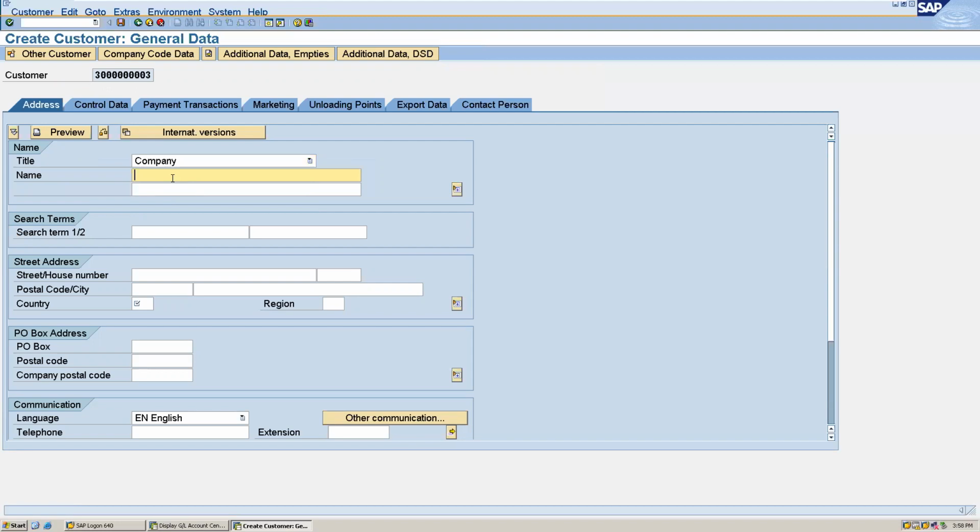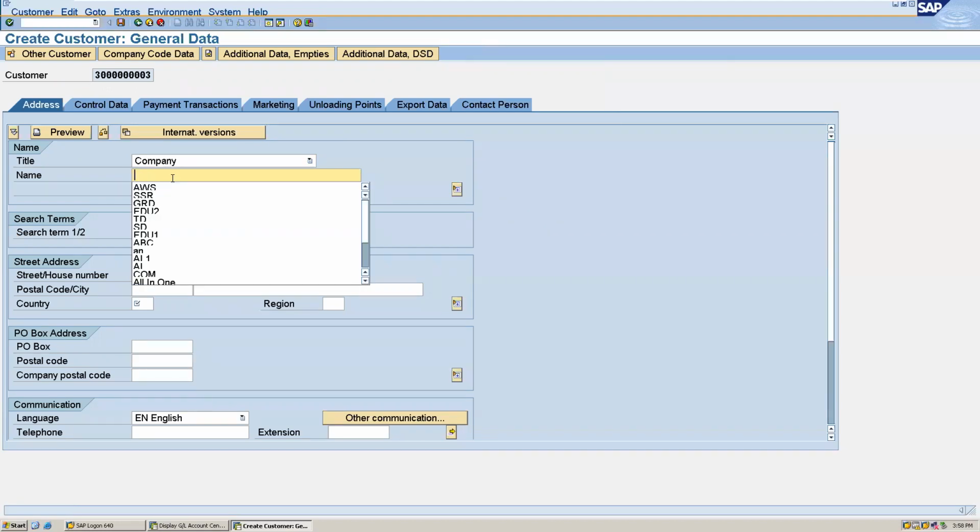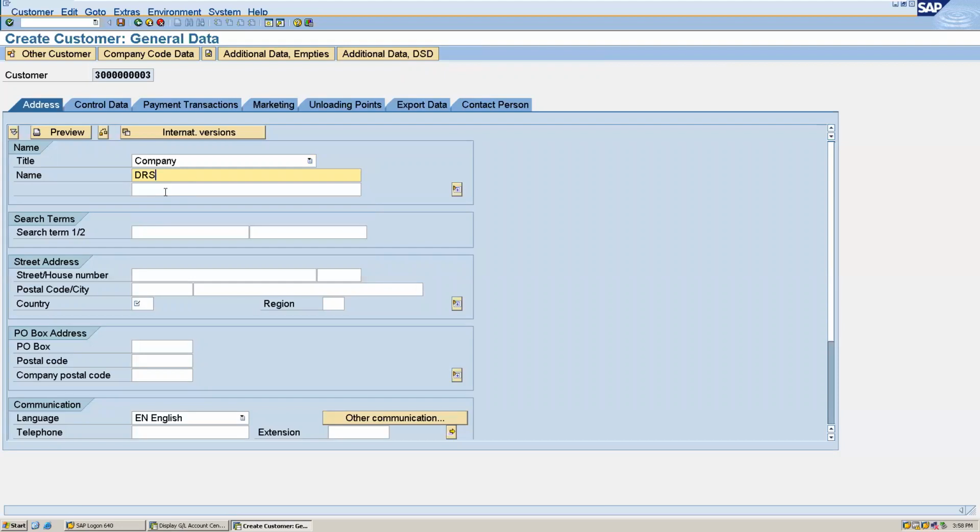I'm giving some name, and also giving a search name. According to the client's requirements, you can fill in the details. I'm giving the country, which is mandatory.